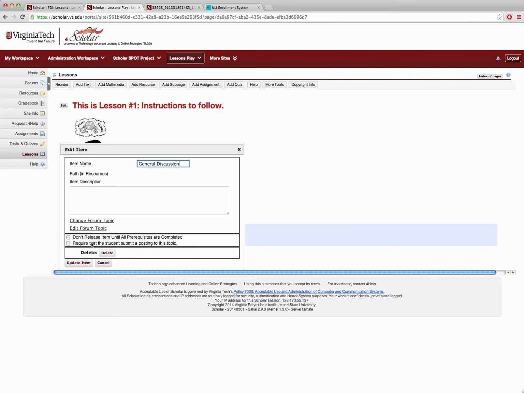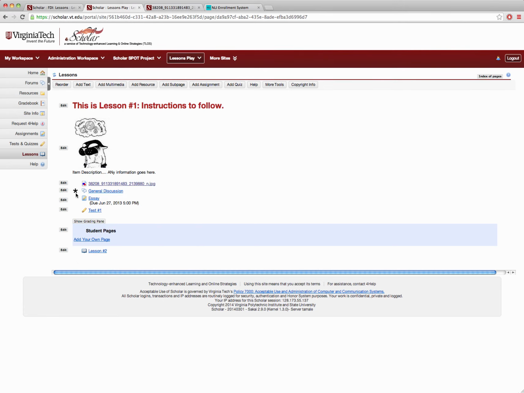So basically what this is doing is saying that the student cannot complete this item until any items up into this item are done. So I can choose that, and then I can also say that until they do this item they can't go any farther. So I'll hit update here. And you'll notice it puts a star here, letting me know that the student cannot go any farther until they've